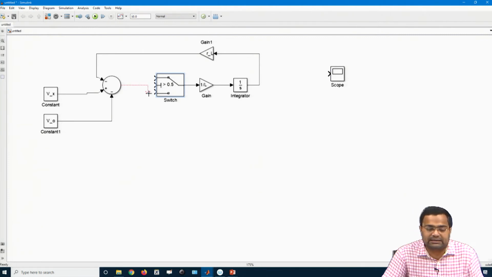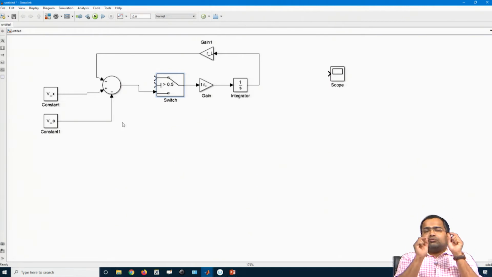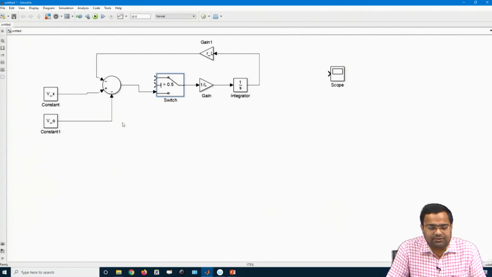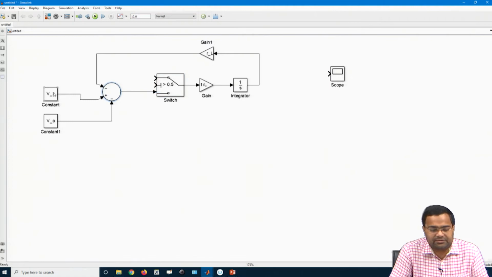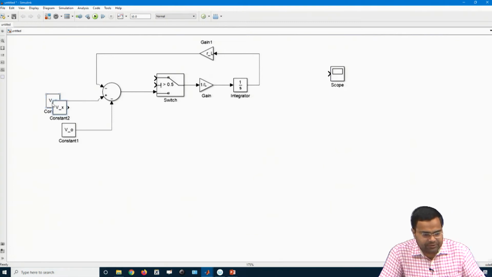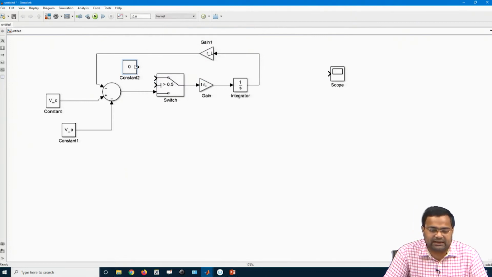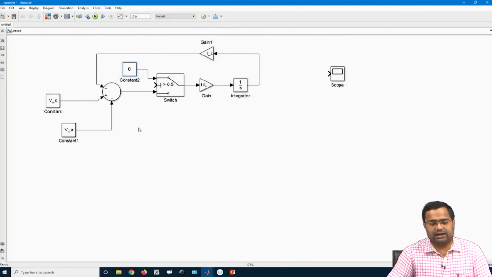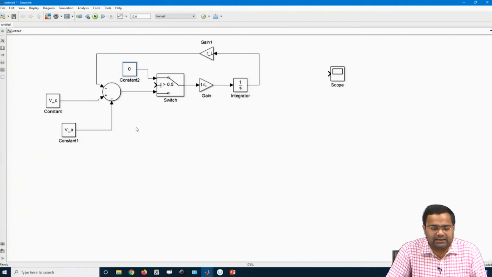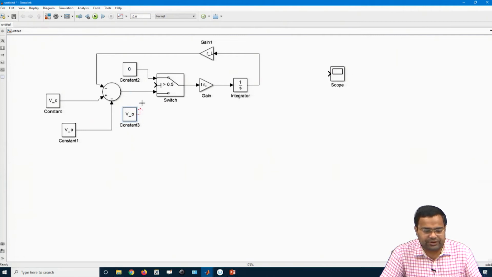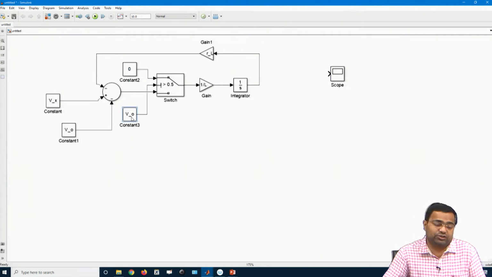In our case it is the second input, because we are going to generate a control signal which will be 1 when the DCM is enabled and the DCM is detected. Okay. So, that means this is my signal, and for which we need to put 0. That means, when the DCM is detected, then we will set the inductor current dynamics to 0, and then we need another signal here, which is my QD. That means, my zero current detection logic.